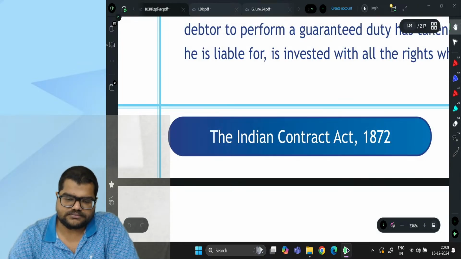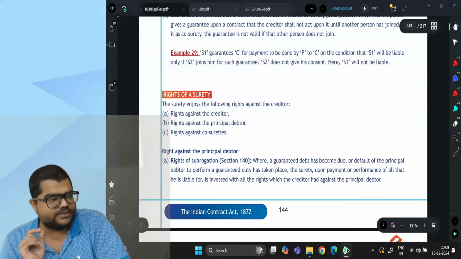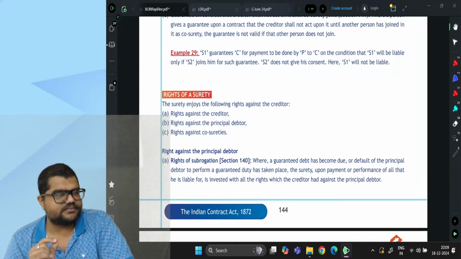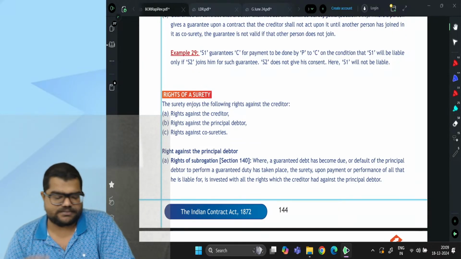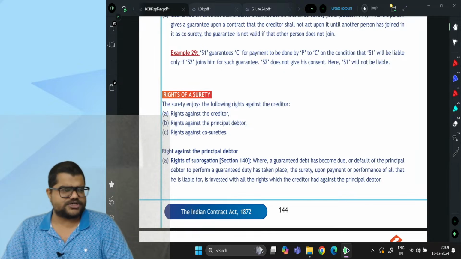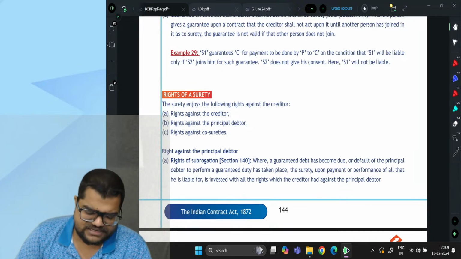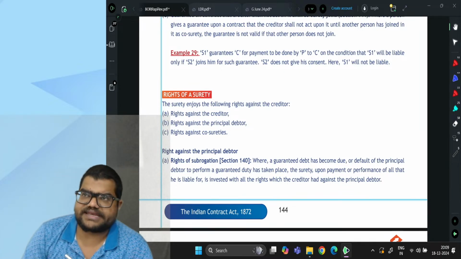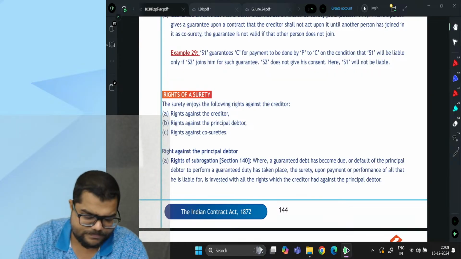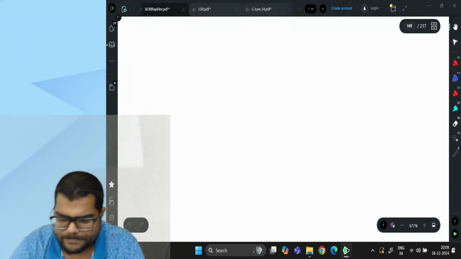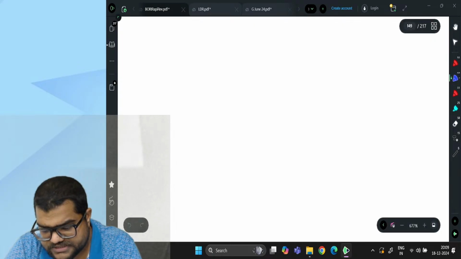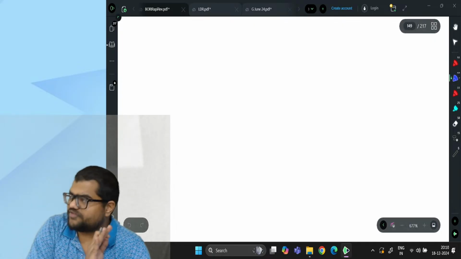Come back here. I'll try to make a diagram for you which will make it very easy for you to remember the same. Although I'm not expecting the same question in your exam, still, let's understand it. Maybe a practical question can come. Okay. Here we are. What you need to understand is, sir, in a contract of guarantee, all we can have is